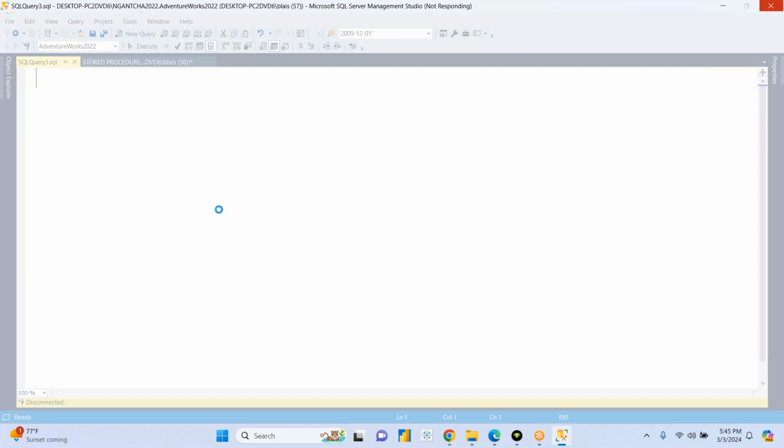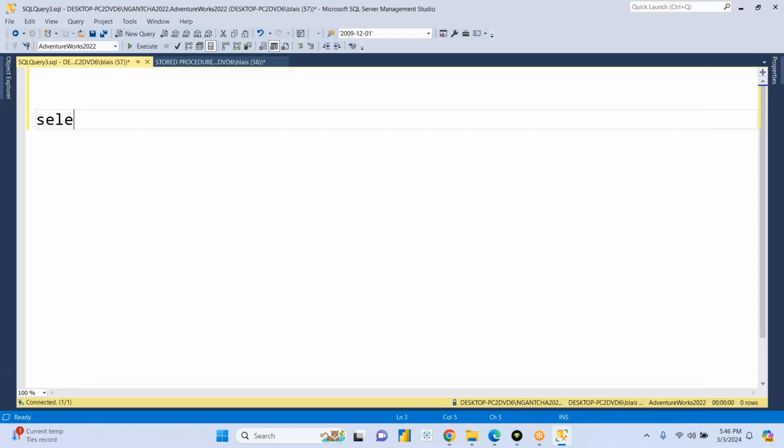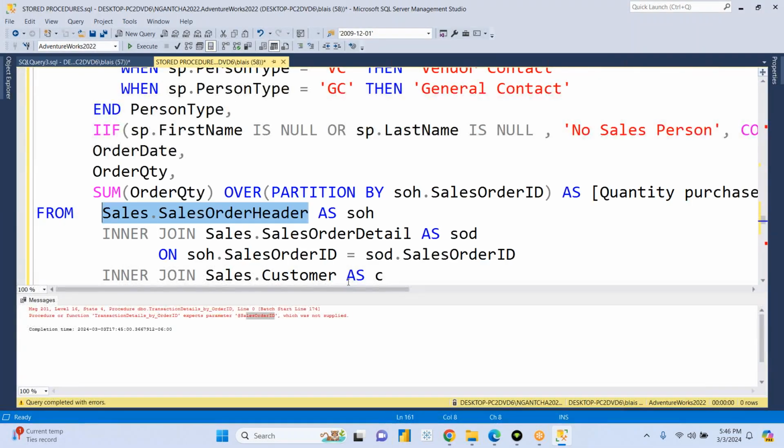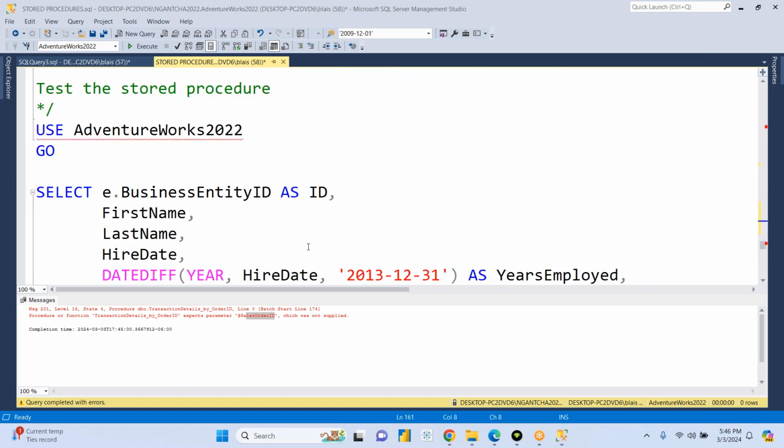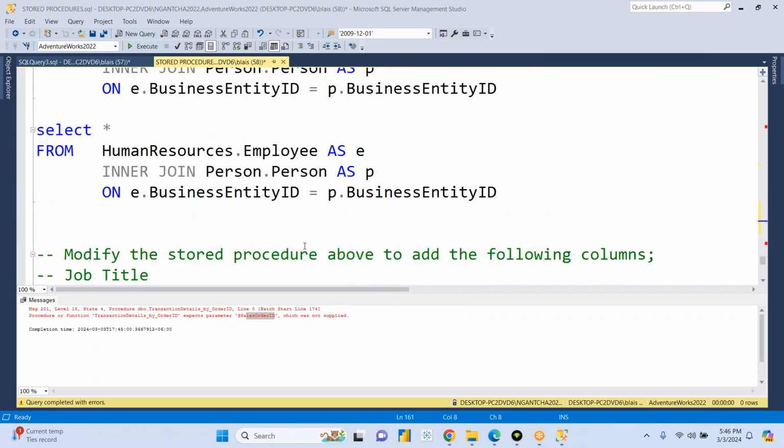So once you've created a stored procedure, just pass any call, do exec, put the name of the stored procedure, and specify any sales order ID. When you execute that combination, you will get something interesting. Just a moment, let me check, yes, so Alex, you provided this. I'm going to copy that and just put it right here. So if I call the stored procedure,